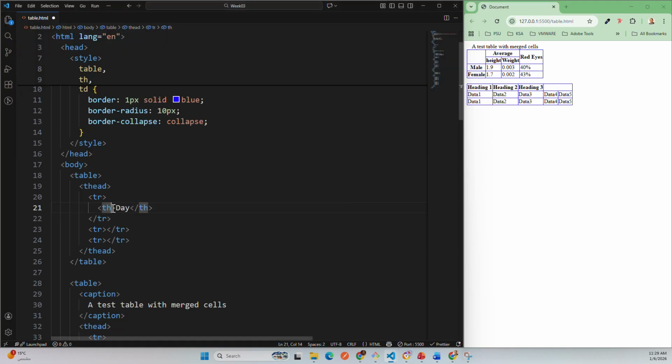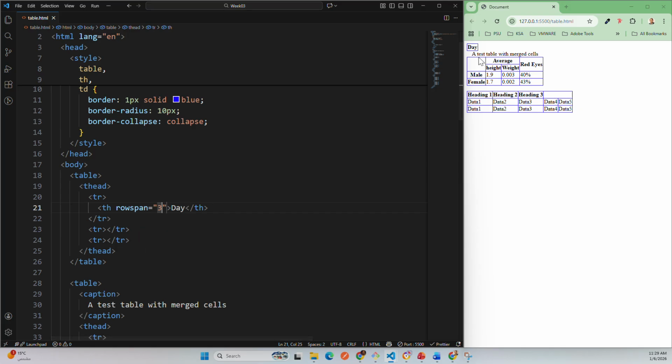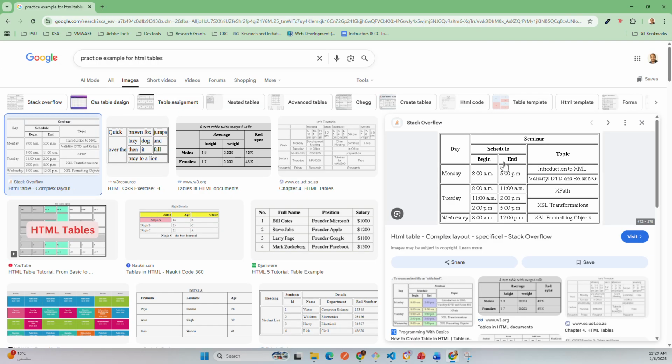So inside the opening tag of the TH, I say rowspan is equal to 3. Okay, so now it is giving me a day, and because there is no other row there yet, it will just show me the day only. And now if I look at that, in the first row we have a second cell in which we have a seminar, and this is covering one, two, three different